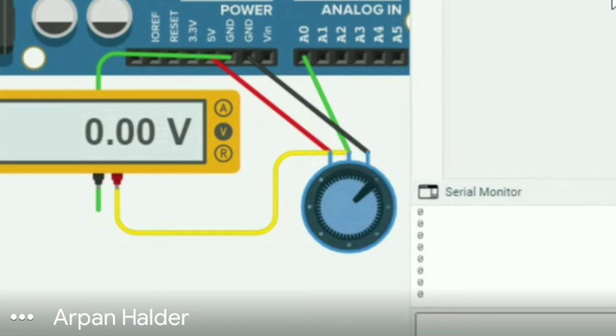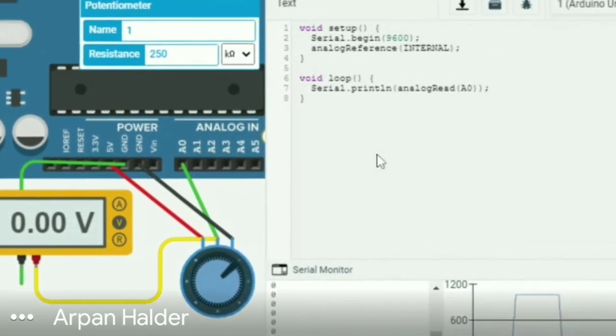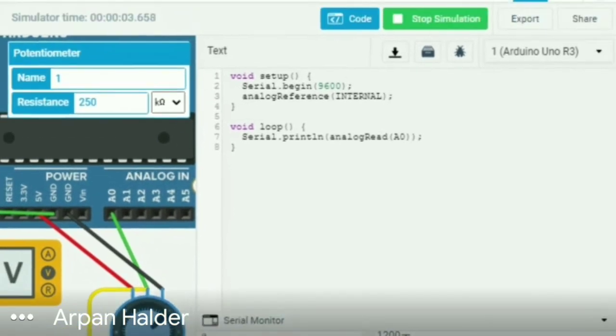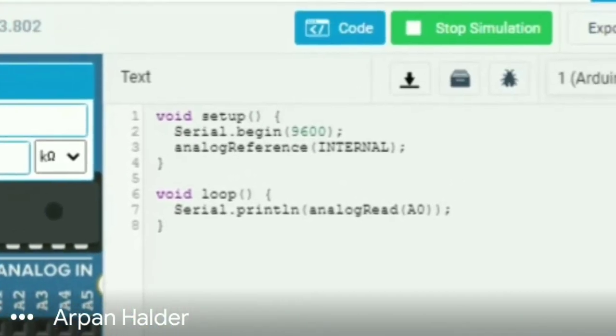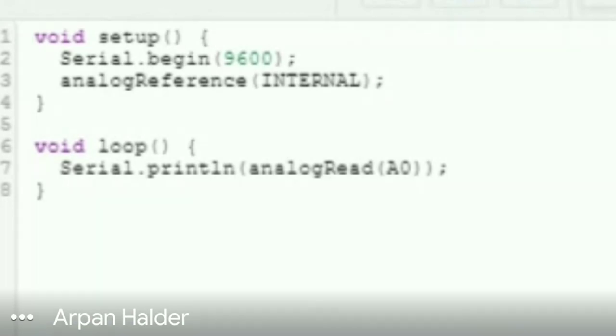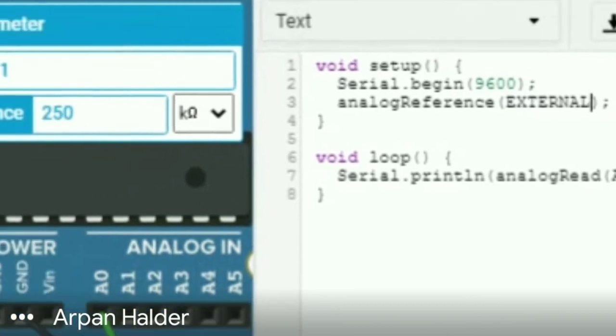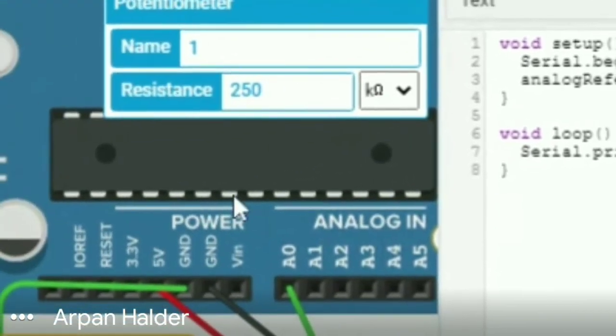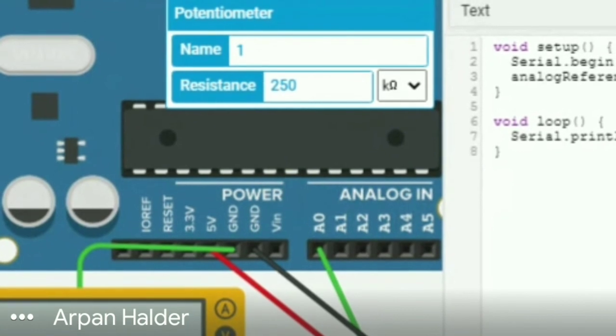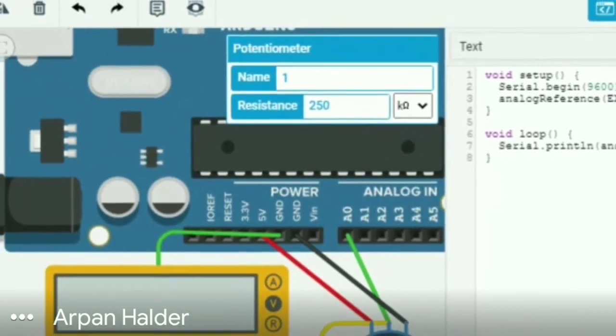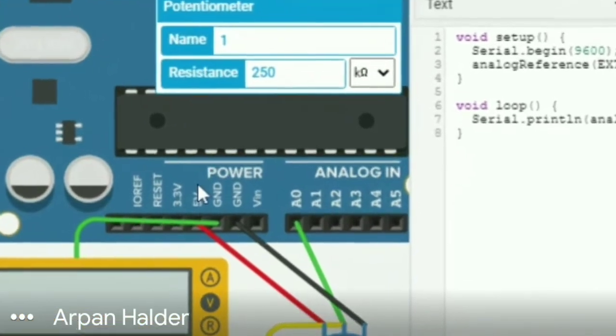And now next we would see how to set up an external Vref for my ADC. Let me write external here. To set an external Vref, let's take this 3.3 volt as our reference.